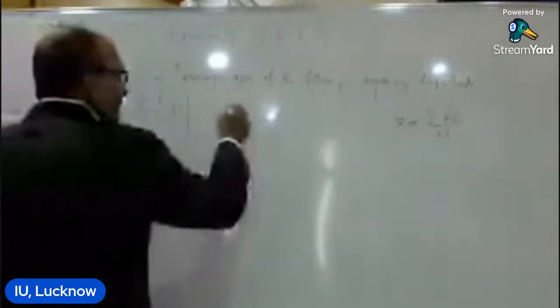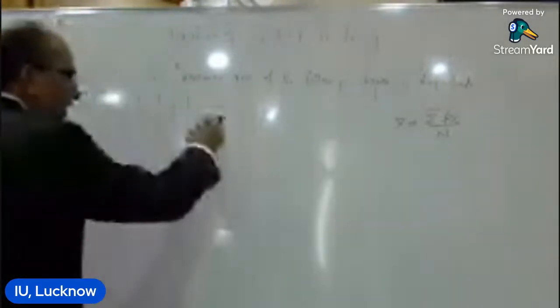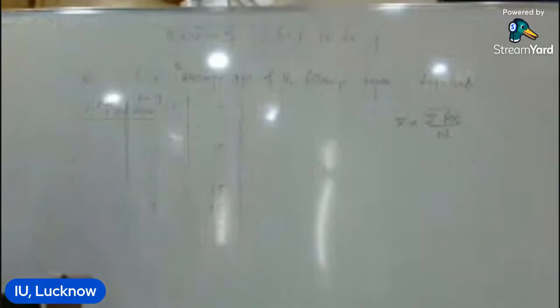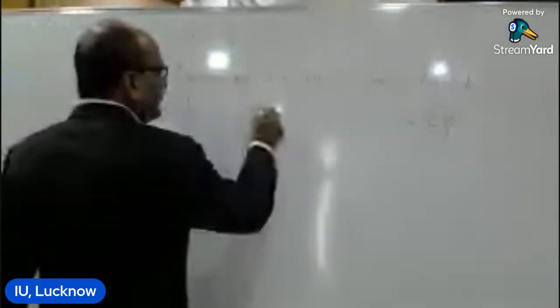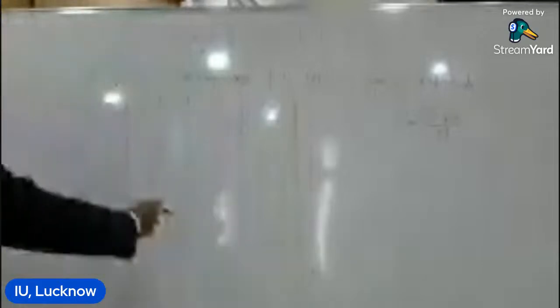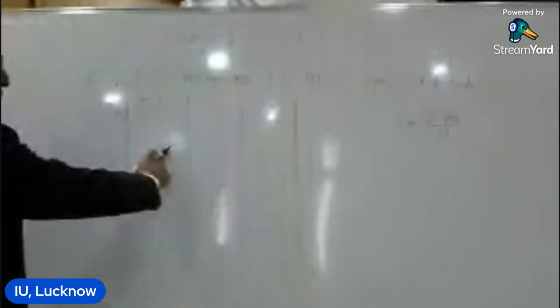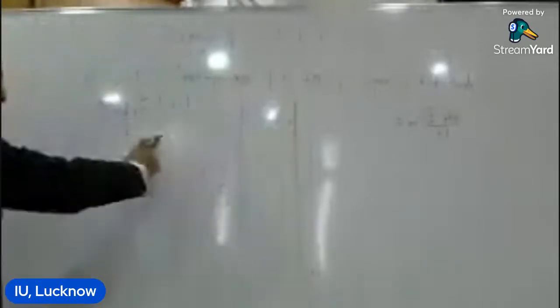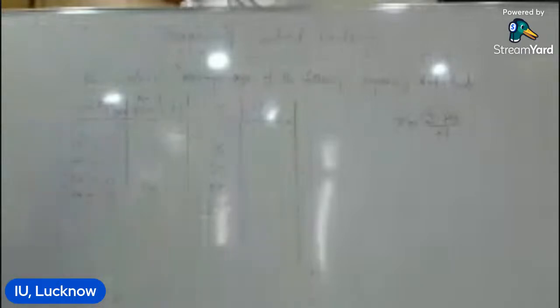So first we find x, then we find f into x. And what is f into x? This is the f, frequency, and x is nothing but the mid value of the class interval. So fx is